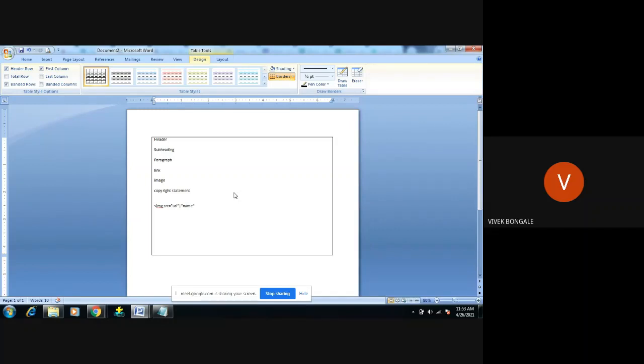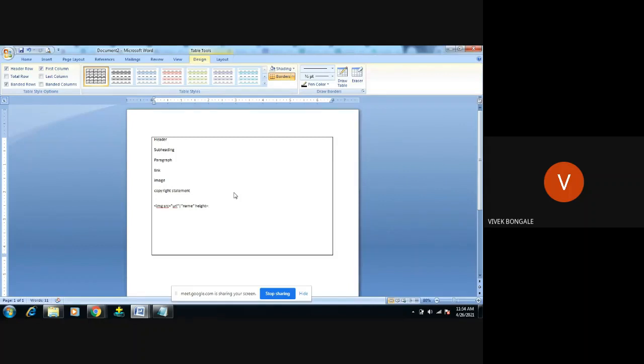So that path and name you give. Optionally, we can also give the height and width of that image, how much height and width I want to display in my browser.